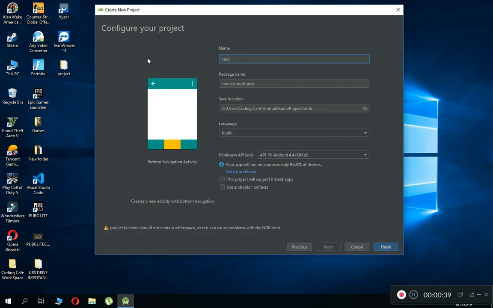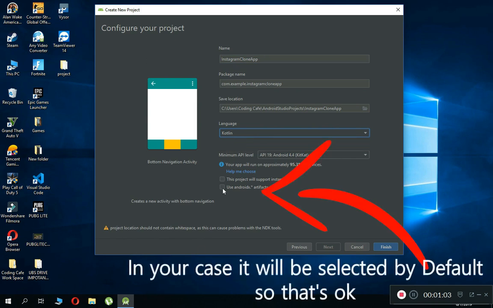So let's give it a name. We can give it a name as Instagram clone app. So this is the name of our project, Instagram clone app, and make sure that Kotlin is selected from here, and also make sure to choose this